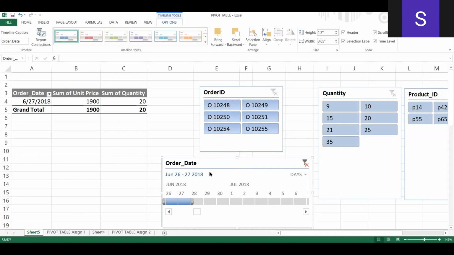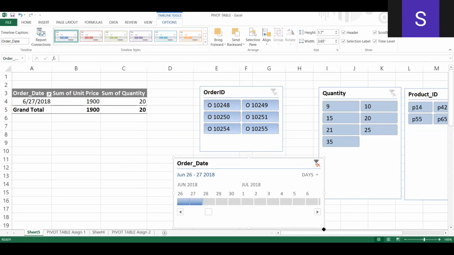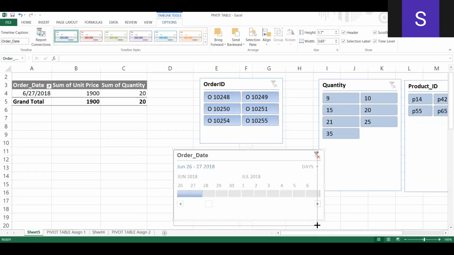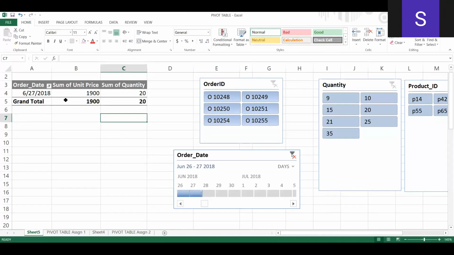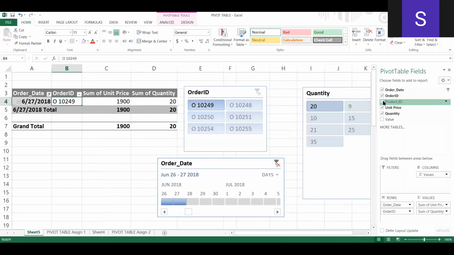So using this slicer and timeline, you can view your data visually. Okay, so let us quickly do the pivot charts, and then I'll ask you any doubts, or we can do the assignment.